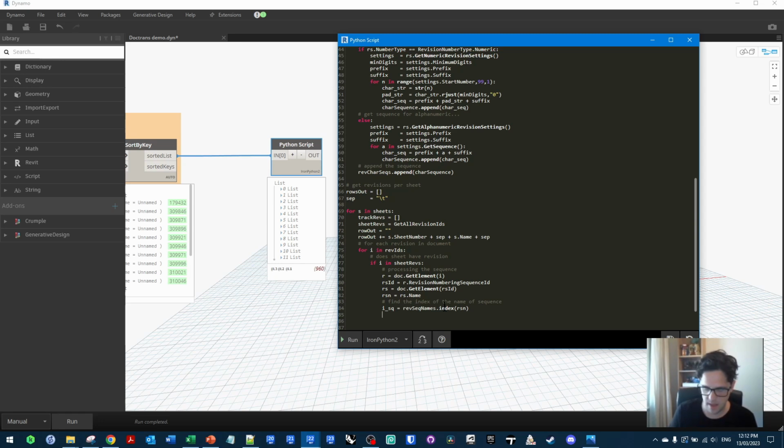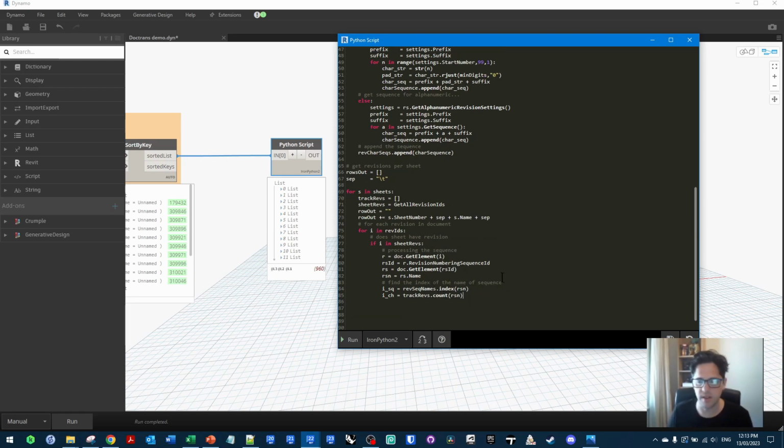So for now, I'm going to say that the index of the character we're dealing with is going to be equal to the trackRevs object. And we're going to use the count method to count how many times that name occurs in this list, which is currently 0. In this case, we can now get the character using these indices. So we can say get the character. We can say in this case that the character, which I'll just call D in this case, is going to